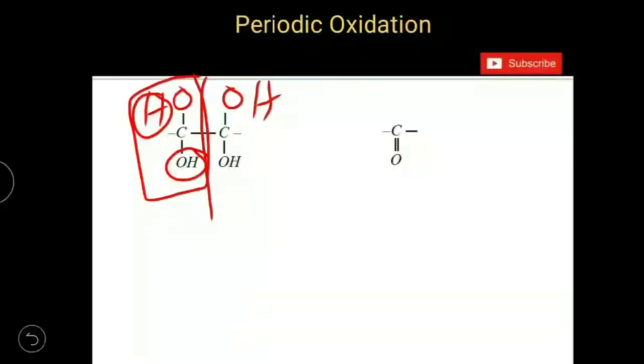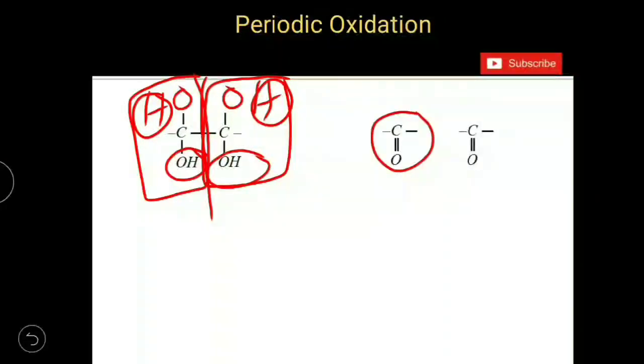And the remaining part of the molecule also has two OH groups on the same carbon, so it is also unstable. So from this, once again, an H2O molecule will be removed, OH from here and one H from here. So you got a CO group left out. So when a vicinal diol is oxidized by periodic acid, you will get a mixture of two carbonyl compounds. These carbonyl compounds can be aldehydes or ketones based on the groups bonded to the carbon atom.